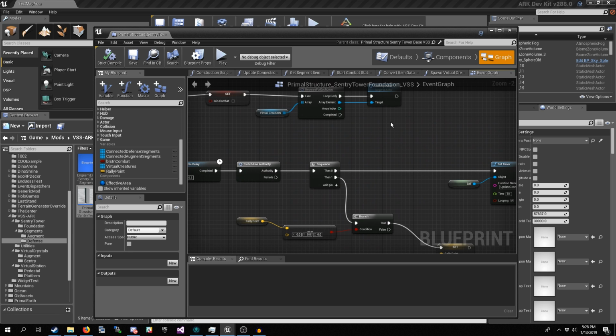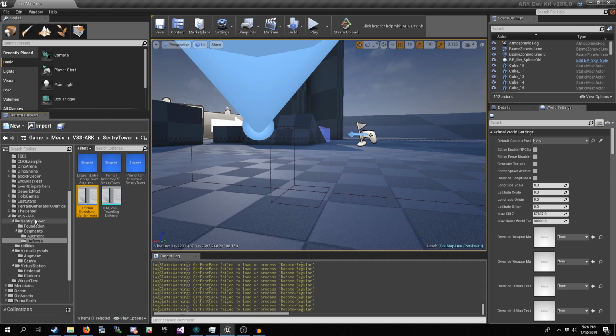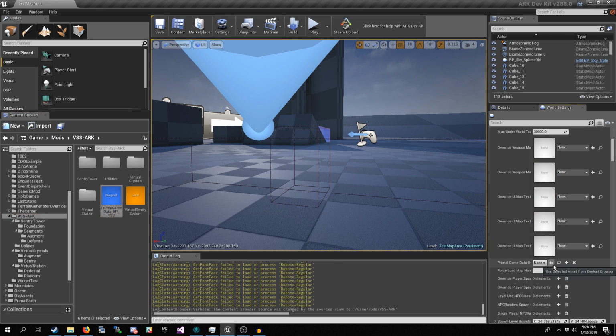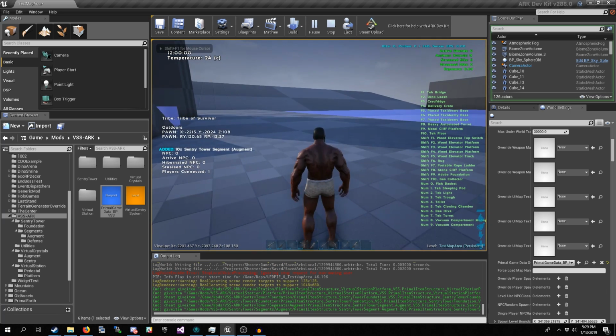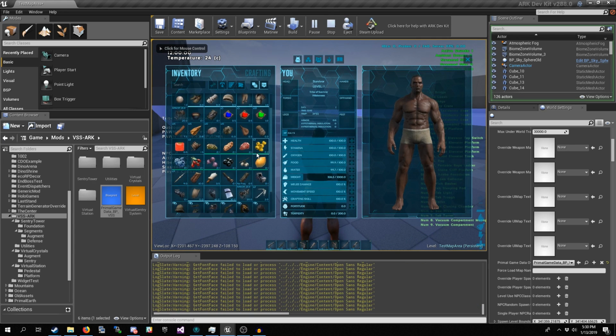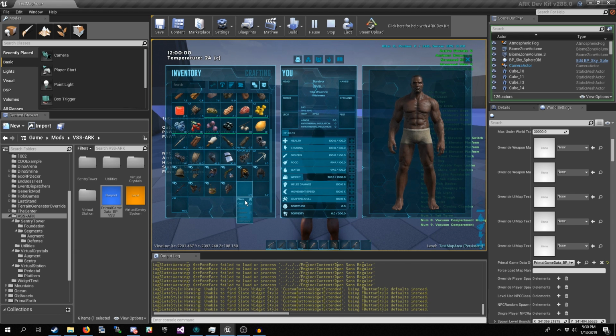So now I can show you this in action really quick. Let's pop our PGD into the map. Hit play. Okay, so here we go. Pop into my inventory. Now, I still haven't put icons on anything. I know it's kind of ugly.